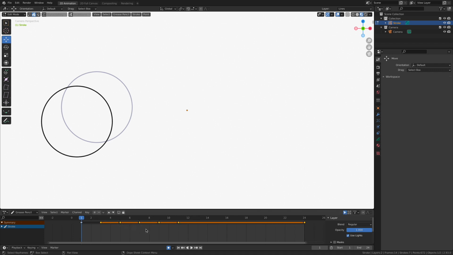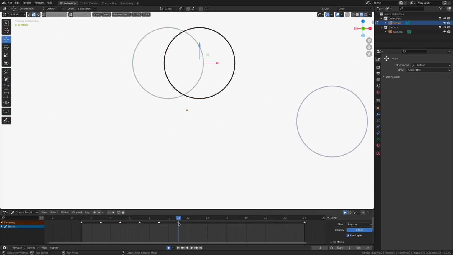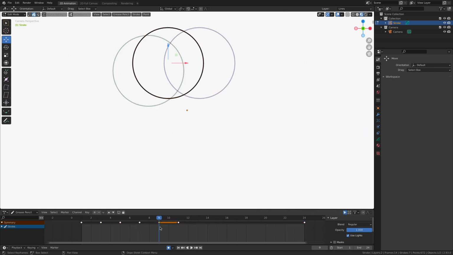Now, the last thing is, what if we made a mistake? What if we don't like that drawing there and we want to get rid of it? Or this one over here, what if we just want to say goodbye to it? Well, what's the global keyboard shortcut for deleting things inside of Blender? That's right, the X key. Select it, hit the X key, and boom, you get a little popover that's going to come up underneath your mouse. Oops, sorry, I moved off it. And then we're going to choose delete keyframes.